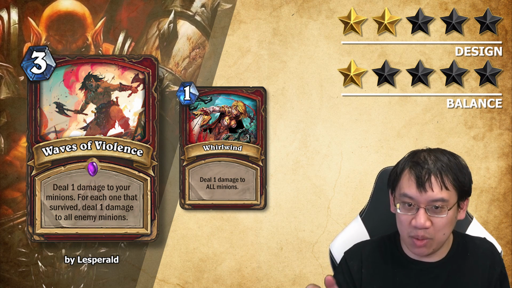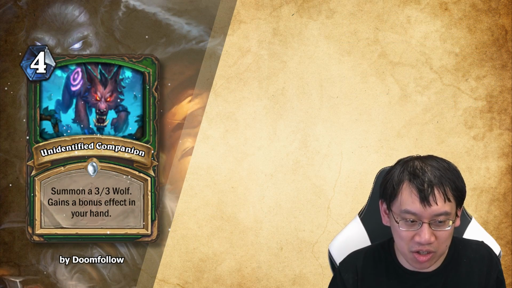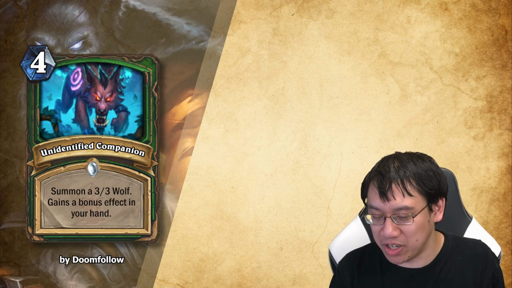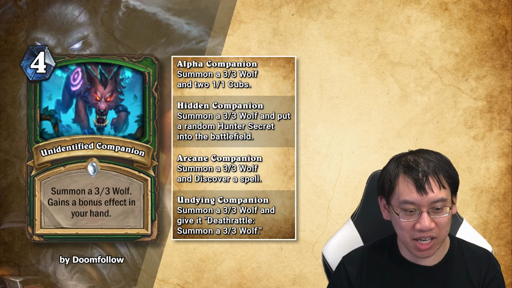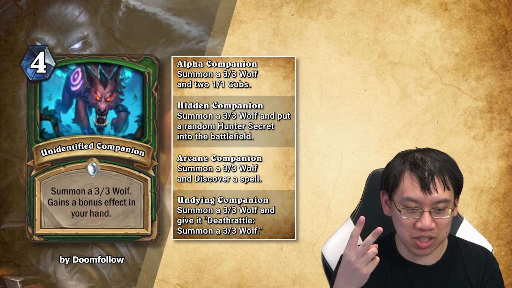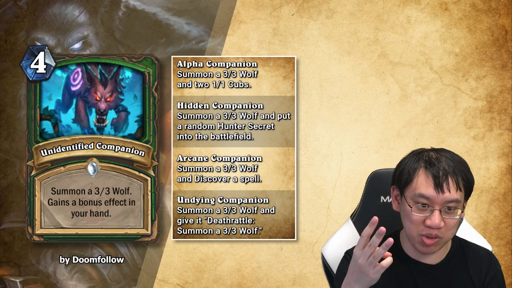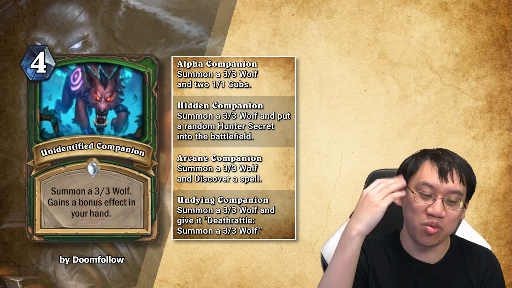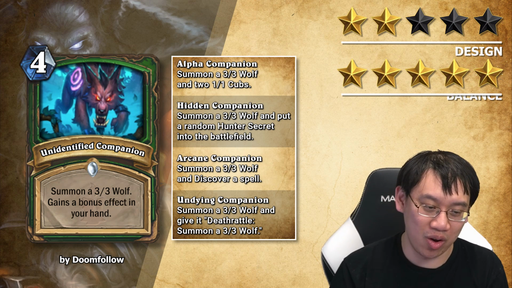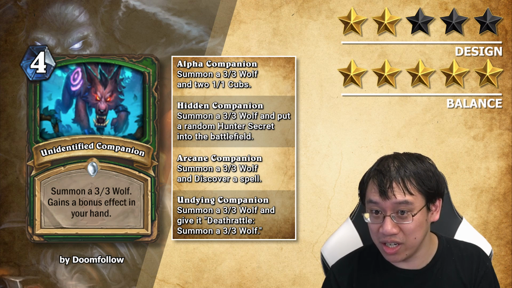Meh. Next up, we have Unidentified Companion, a Hunter 4-mana spell. Summon a 3/3 wolf. Gains a bonus effect in your hand. These bonus effects can either be summon two 1/1 cubs, put a random Hunter secret into the battlefield, discover a spell, or Deathrattle: summon a 3/3 wolf. While I think that these effects are all alright,